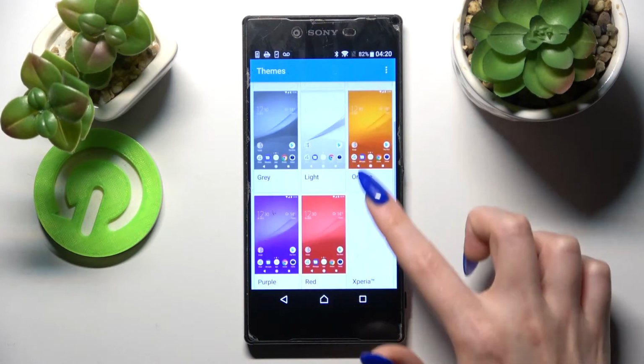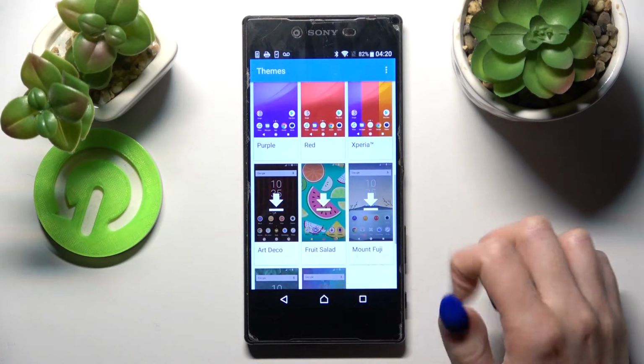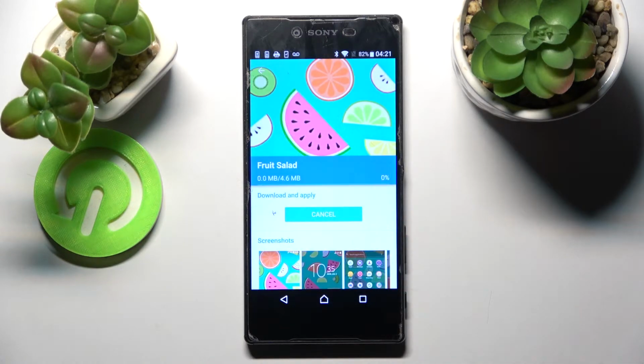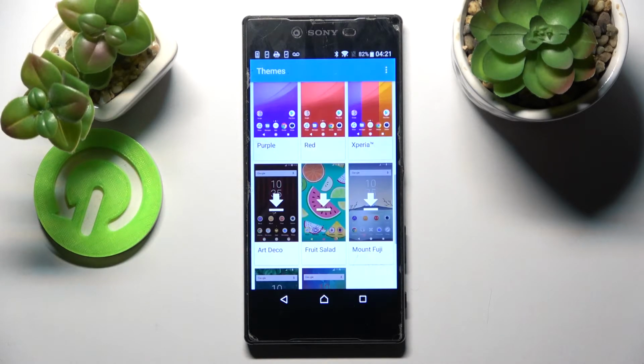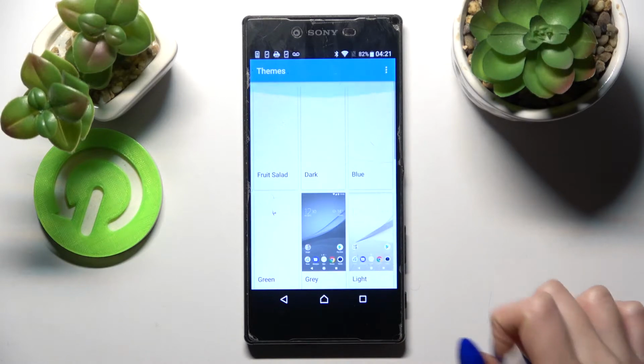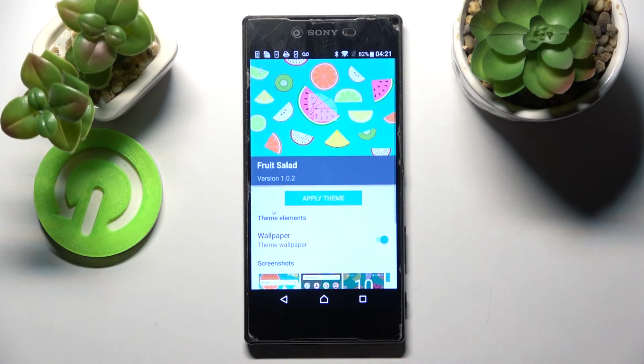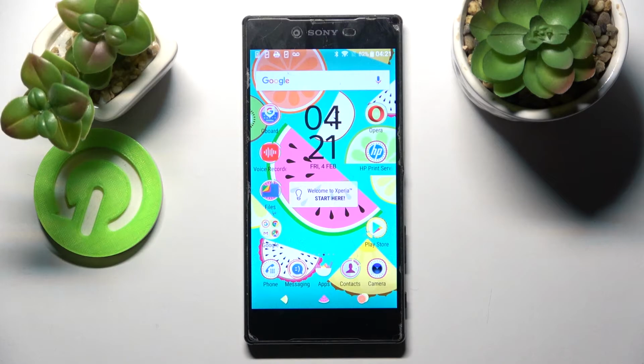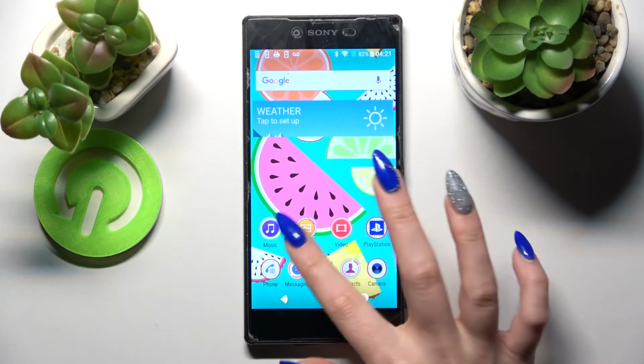I will go with that one, fruit salad. Select download. Wait a bit. And then click on it over here. Lastly, select Apply Theme and click Home button. As you can see, theme of my device has changed, but you can always go back